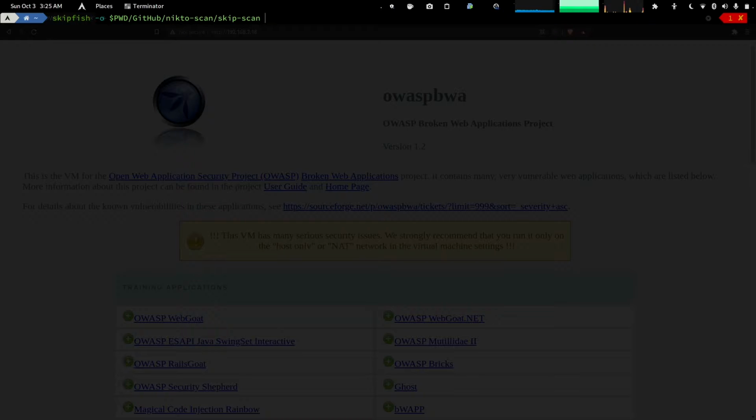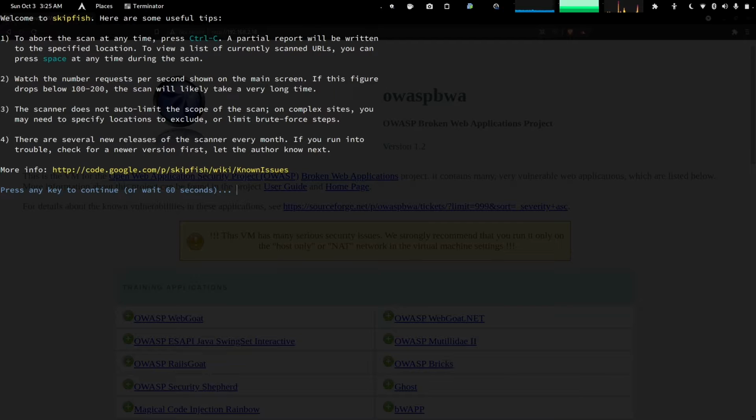Okay, then we just give out the URL which we took out, and we could probably enter to start the scan. Okay, so now it just displays a welcome page and lists out some useful tips if you want to see,